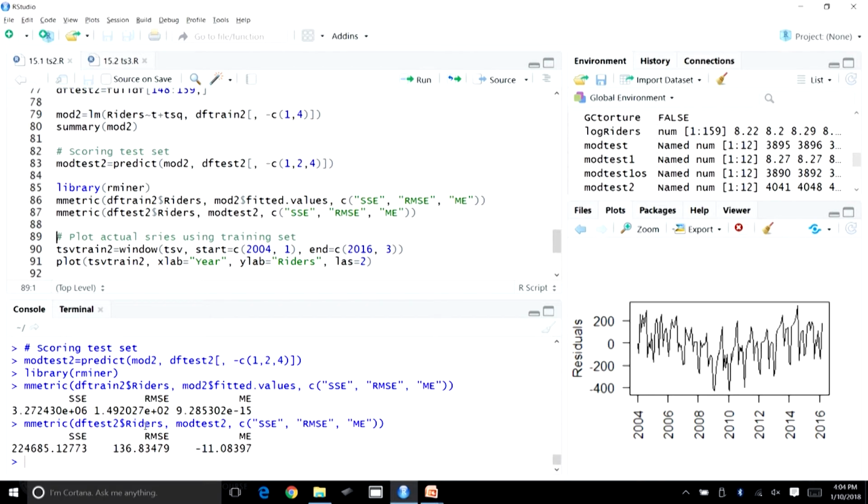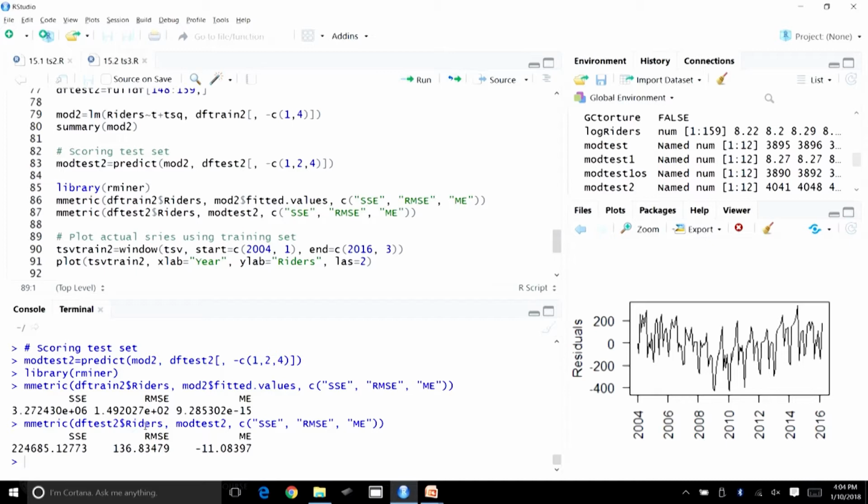If you remember the two other candidate models that we had run in the previous lecture, the linear trend and the exponential both had an RMSE value of more than 200 on the test set. However, for this particular model, the RMSE value has come down to 136, which is even smaller than its RMSE value on the training set. So, it seems that not just is this quadratic model significant, it is also adequately capturing the time series pattern. So, we will confirm this.